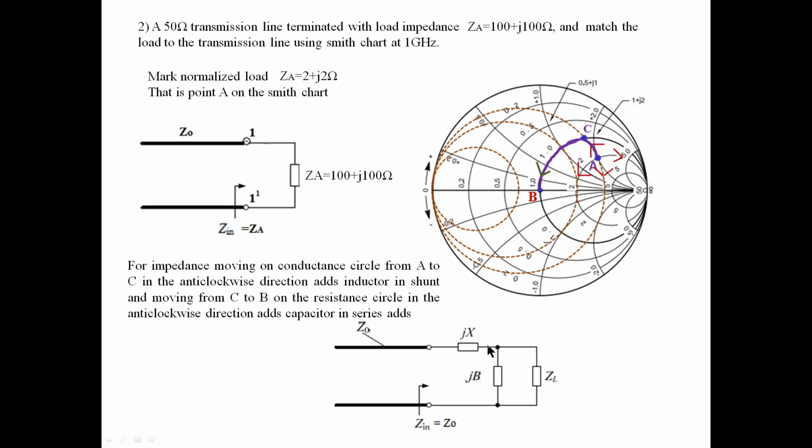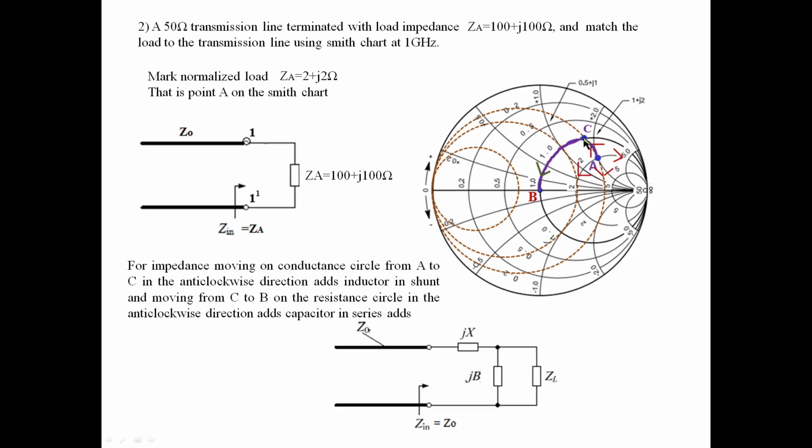Okay, now we are here in this position. From there you move over the resistance circle, because you can easily reach. If you move from here, we can move either this way or this way, but what is our intention? I should reach the center of the Smith chart. So I am standing now here, by adding this element. What I can do, I can move either this way or this way or this way or this way. I should see in which direction if I move I will reach this position.